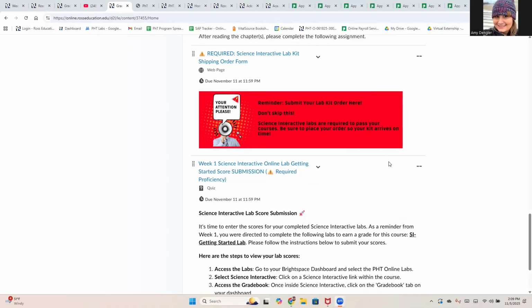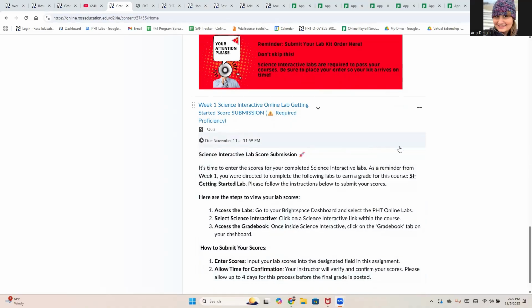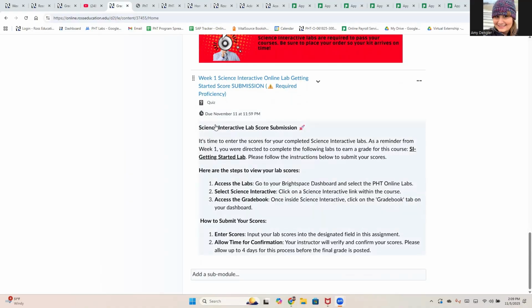So you're going to have a separate lab course on your dashboard. Probably on the first or second day of the mod, it will show up. And here's just some directions. So you're going to do the lab in that separate course. When you're done and it's graded, you have to give the instructor some time to grade the labs. They do have to be manually graded, but within a few days,